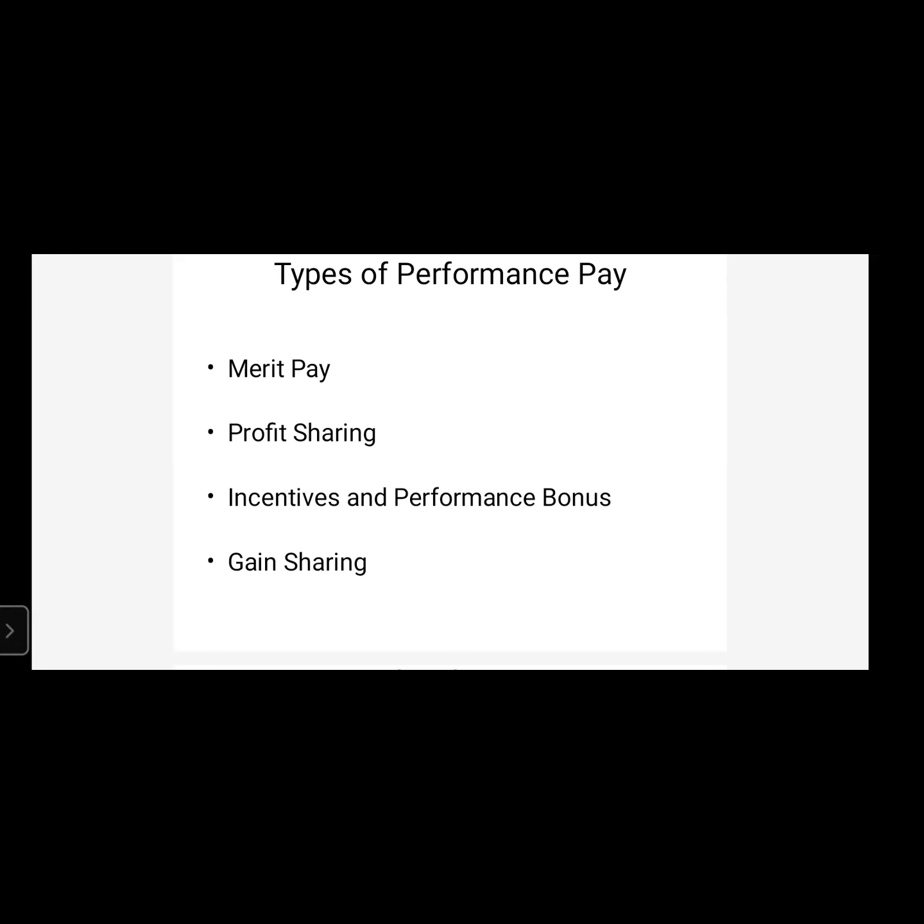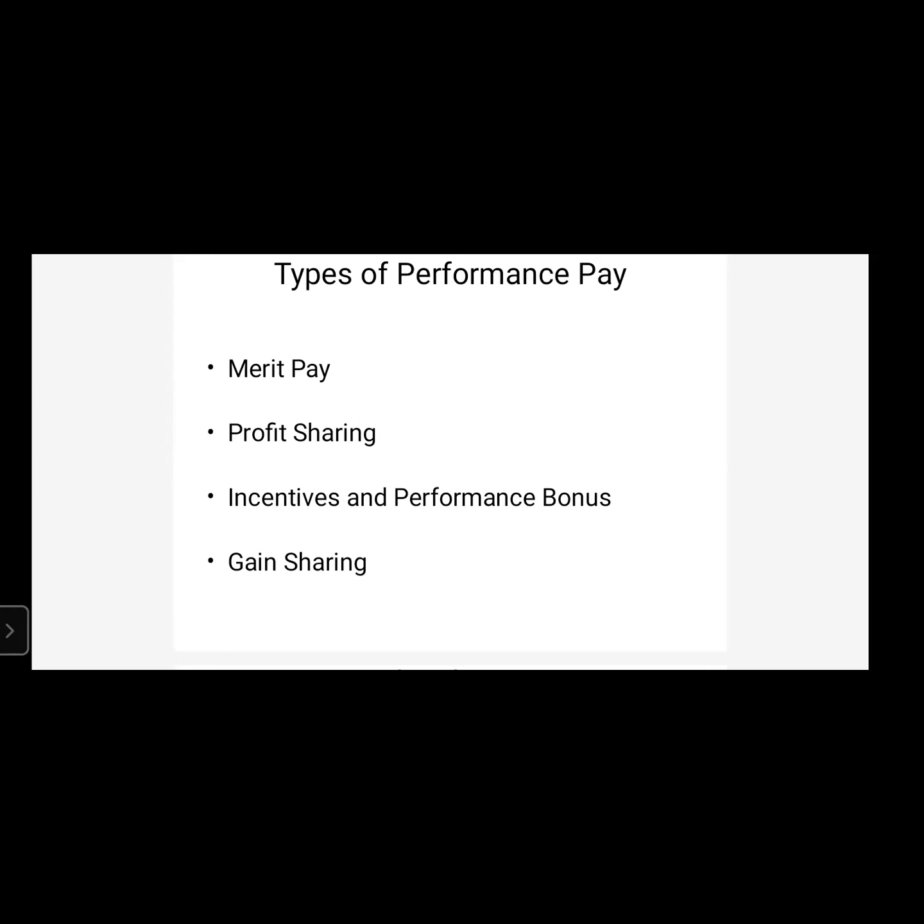Gain sharing means it is just like profit sharing. Under profit sharing, we have discussed that whatever profit has been earned by the organization, some percentage, some amount from that profit is shared with the employees. So that is profit sharing. Gain sharing means when the organization has an idea that a target is set by the organization and communicated to the employees that this is the target, and those employees who achieve this target will receive an incentive which will be called